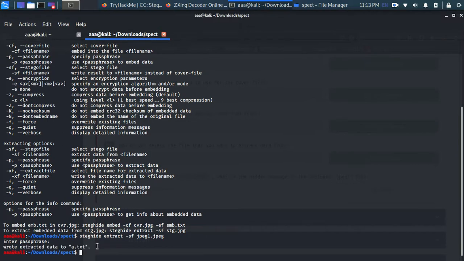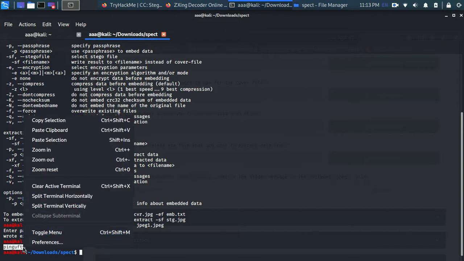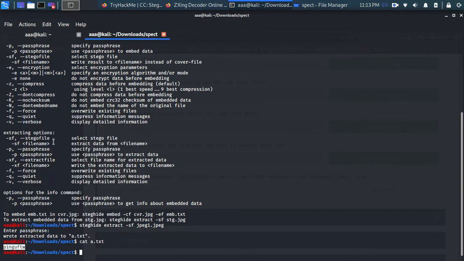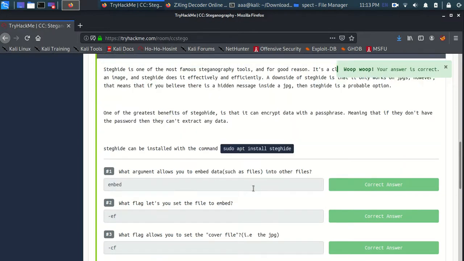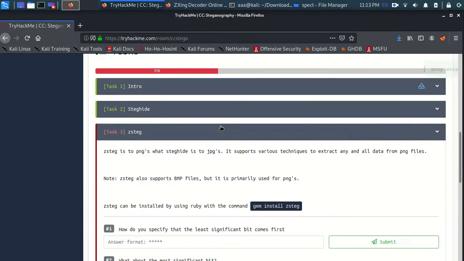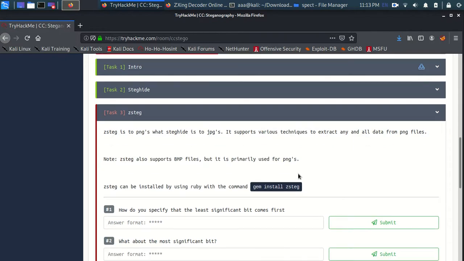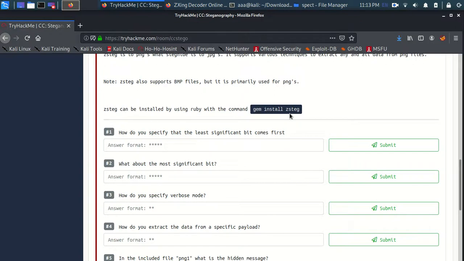So let me see what the file is, and yep, this is the answer. And yep, we are done with the tool known as StegHide. Right now I'm just telling how to extract information. I am not teaching you how to embed it, but I hope you get the idea at least.